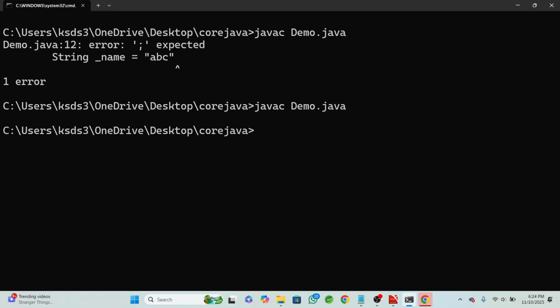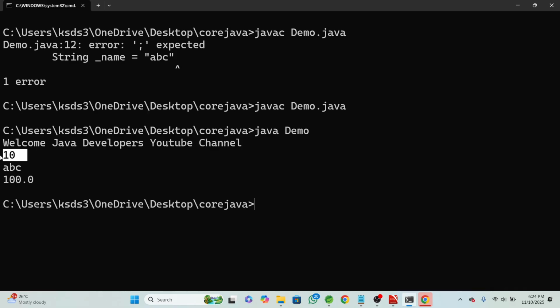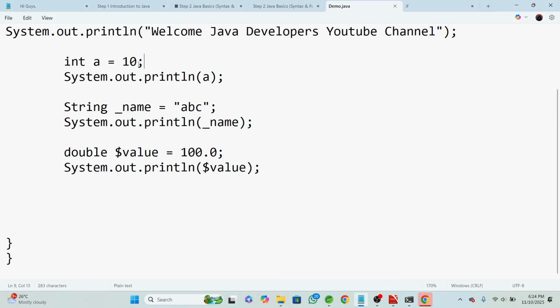Okay, after compilation, no error. Java demo, right? What is our output? First is 10. I will store the value 10 here in a, and I have called the a. I'm saying that I want to store this 10 in this variable. It's an integer type. We will discuss the data types in further class, but naming conventions we need to know,